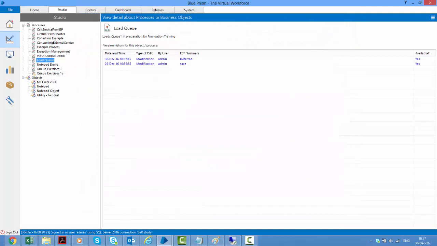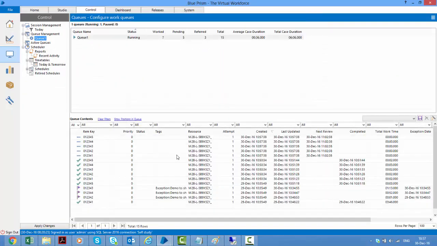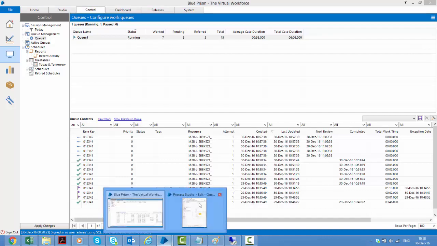Going back to the control room. When I go to my queue, I have some 5 items added, but they have this column, next review, updated, which shows that they cannot be worked until 11:02 a.m. As per my current system time, it is 5 minutes from now. So let's run our process,